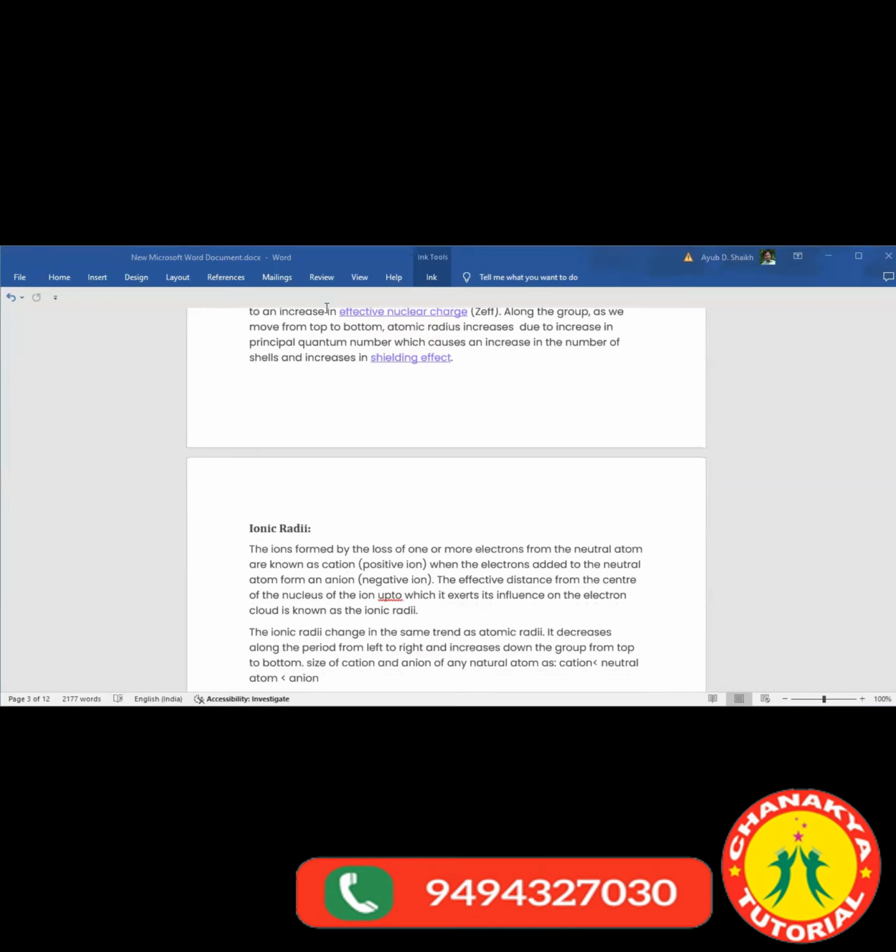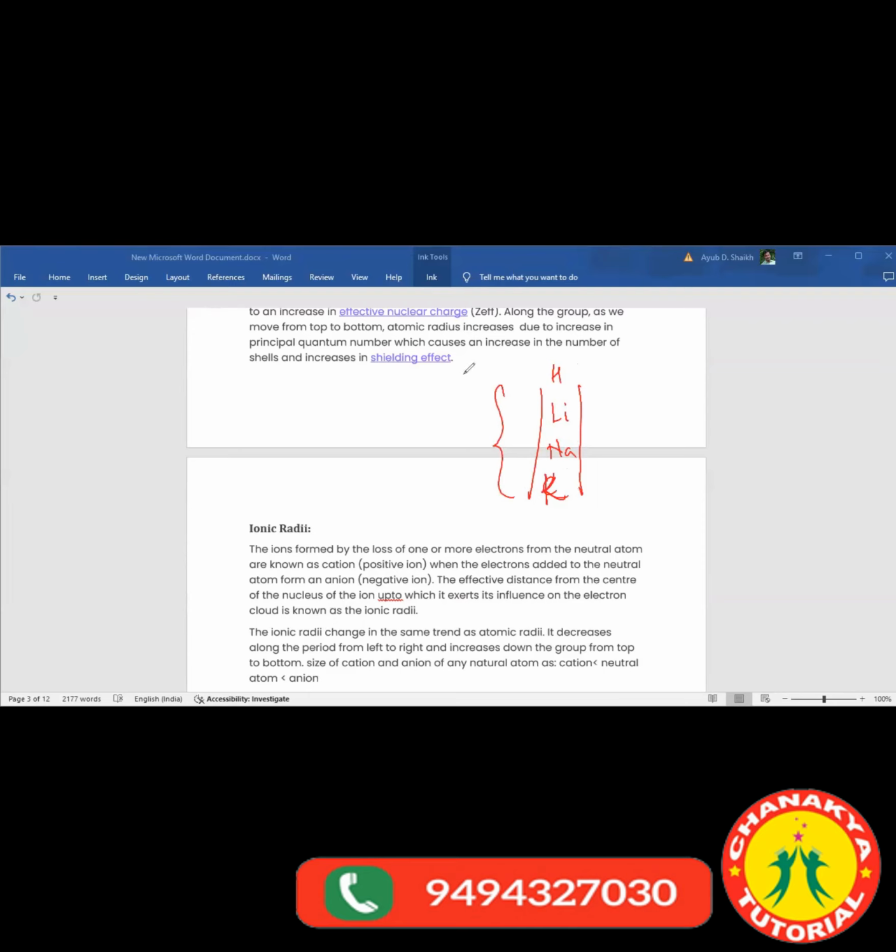Now, another thing: when you go down the group in the periodic table, what happens to the atomic radius? I will write it here: after hydrogen, lithium, sodium, then potassium, K. Only these I will write. So what happens in this? If you go down the group,